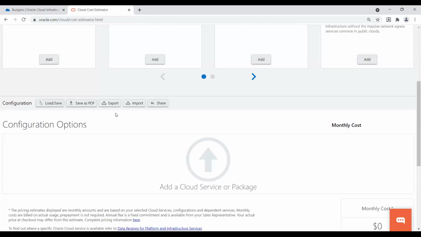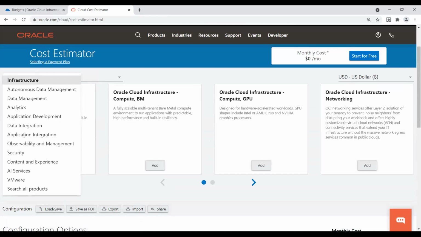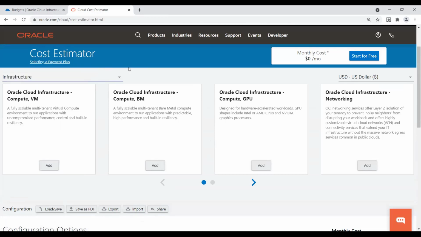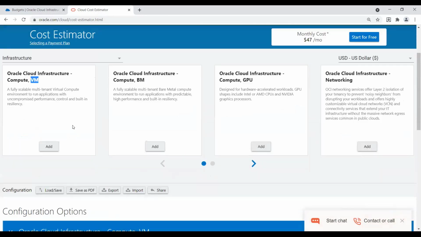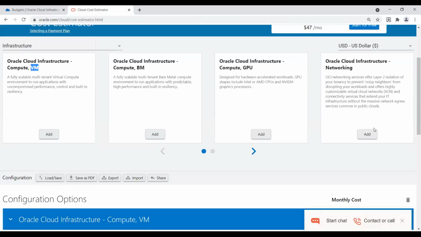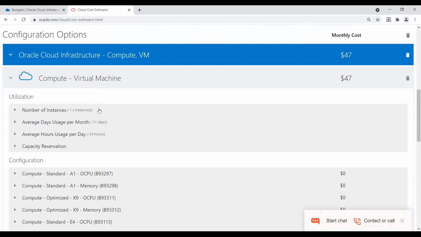Here you'll find a list with all the Oracle services, and you can see all the services on the list. I will use for now just a simple VM to show you how this is working. And you add the service from the list. Of course, you can add all the services that you are using, and then you have a very easy tool